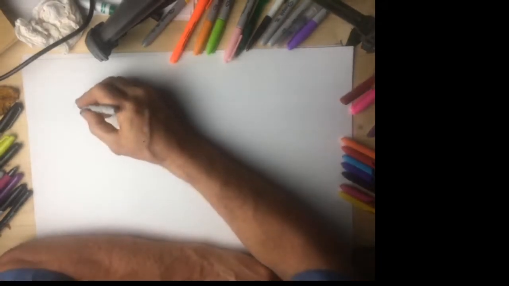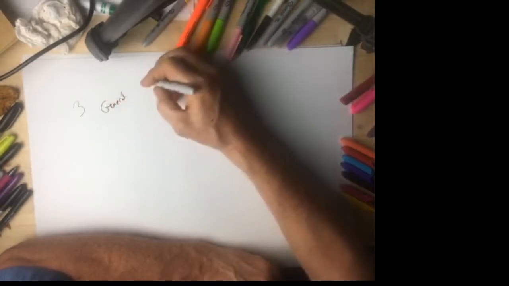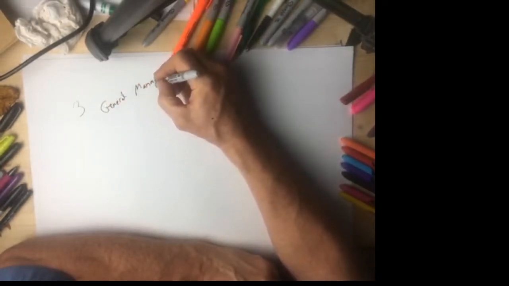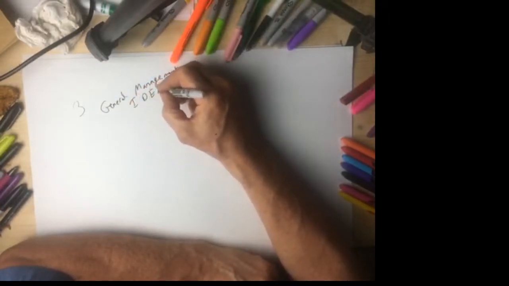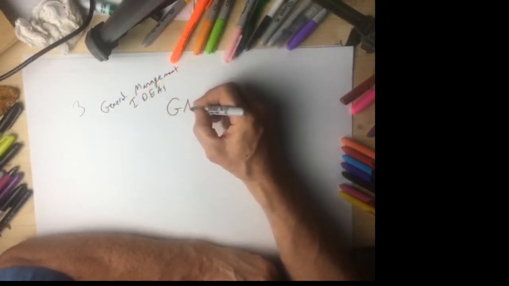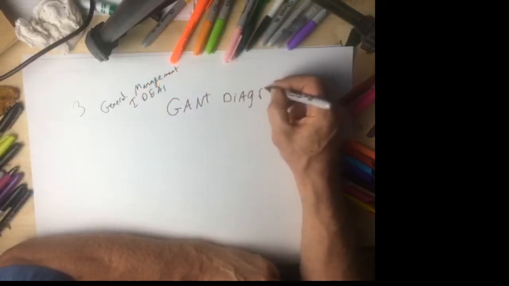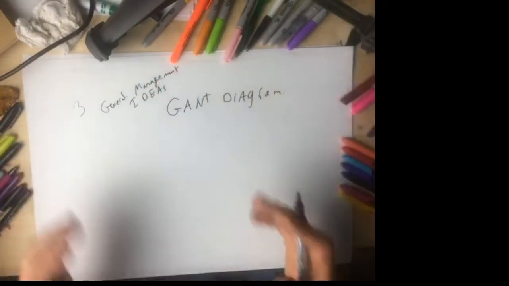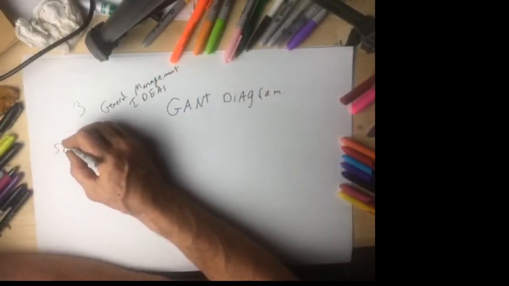Hi, this is Chapter 3, and it's going to be general management ideas. And the big thing here is we are heading towards a Gantt diagram. Now, although we're going to do a restricted one, this is based on the idea that we're going to schedule